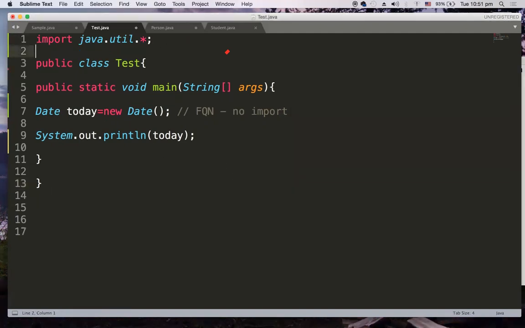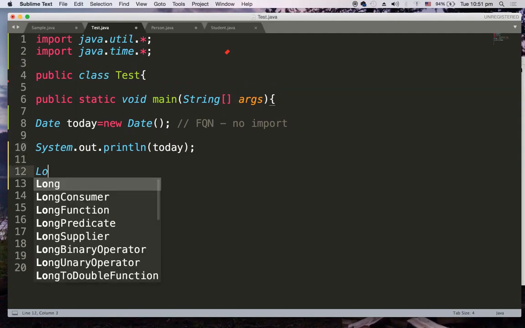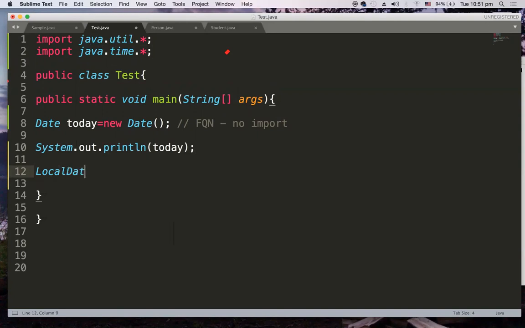There is one more package available in Java, java.time, and there are many date and calendar related things available there. We are interested in a class called LocalDate. The reference variable I am calling date.